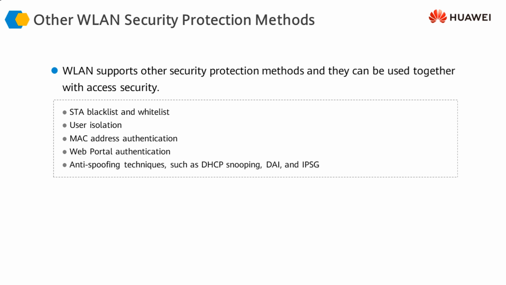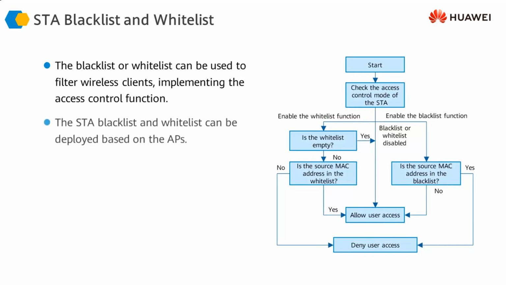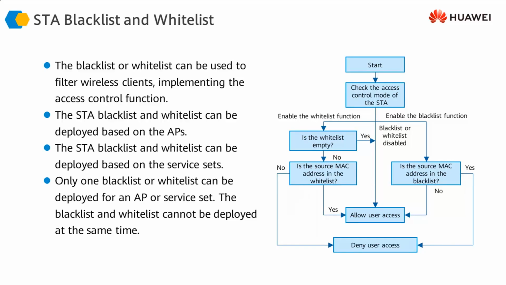Let's discuss just a couple of them in a little bit more detail. As I mentioned earlier in the lecture, we were supposed to discuss the blacklist and the whitelist, so now we are discussing what a station or client blacklist and whitelist does. Instead of doing an authentication at the link association level to decide whether the client should be allowed to connect to the access point, we simply check whether the client, whether that laptop or mobile phone, is part of a blacklist or a whitelist.